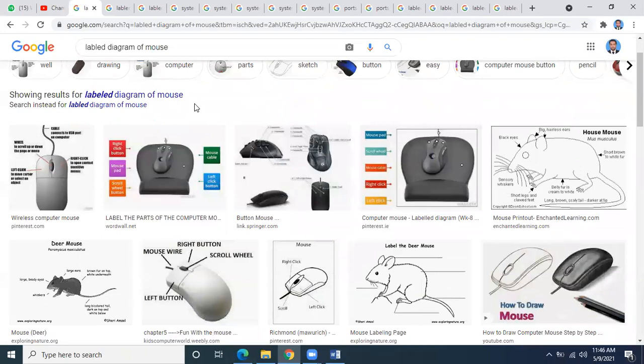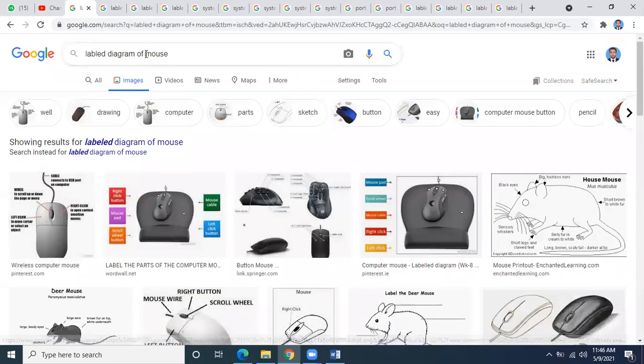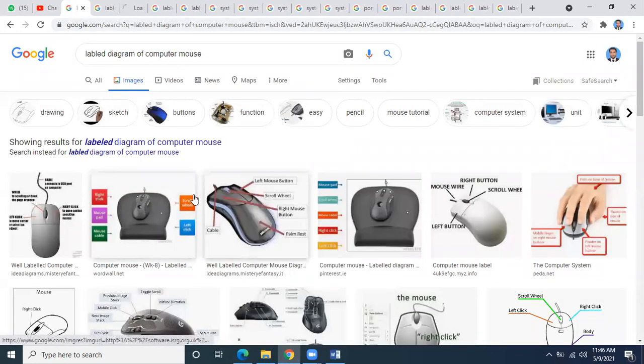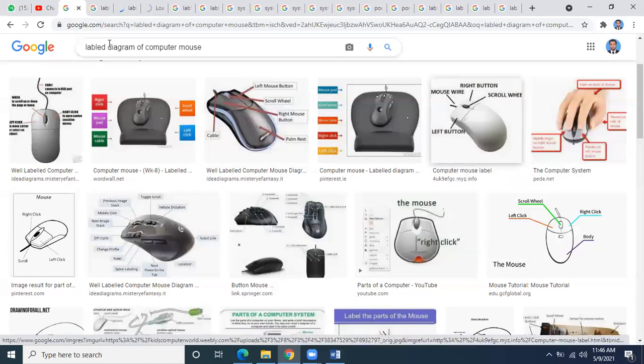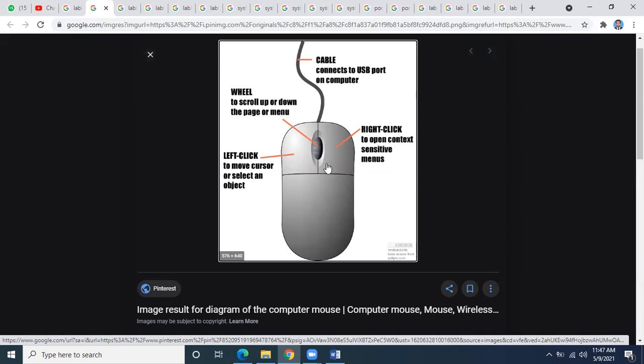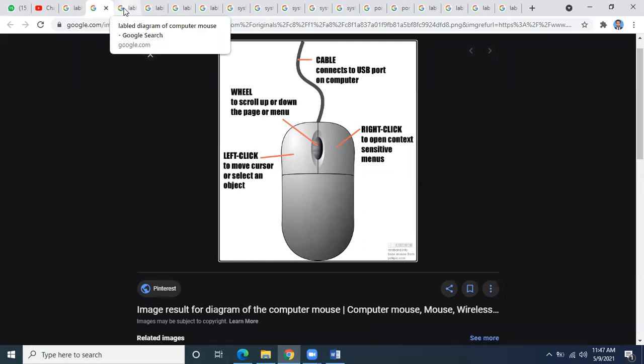If you open a labeled diagram of a mouse, you will see the components available for a mouse: left button, right button, scrolling button. The scrolling wheel is there at the top. Left button, left click, right button, right click. And there would be a cable, and under the mouse there will be either a ball if it is a traditional mouse, or otherwise